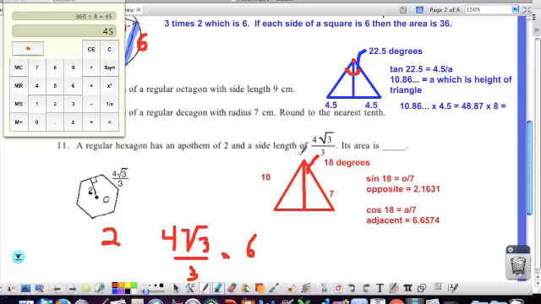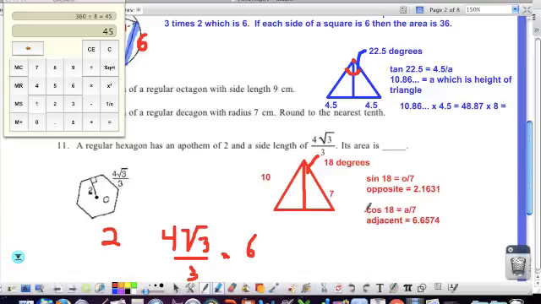They told me that I had the radius. That's the slant height. So I need to find the opposite side and the adjacent. Since I want to find opposite over hypotenuse, I use the sine of 18. And 18 sine times 7 in my calculator is the opposite side length,